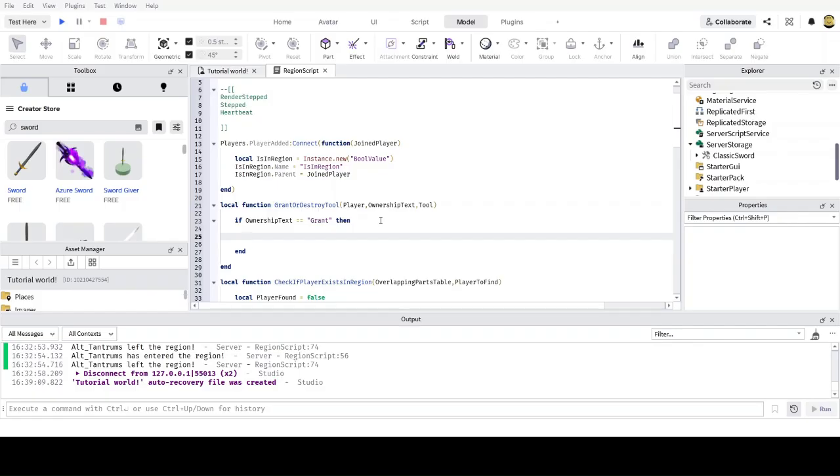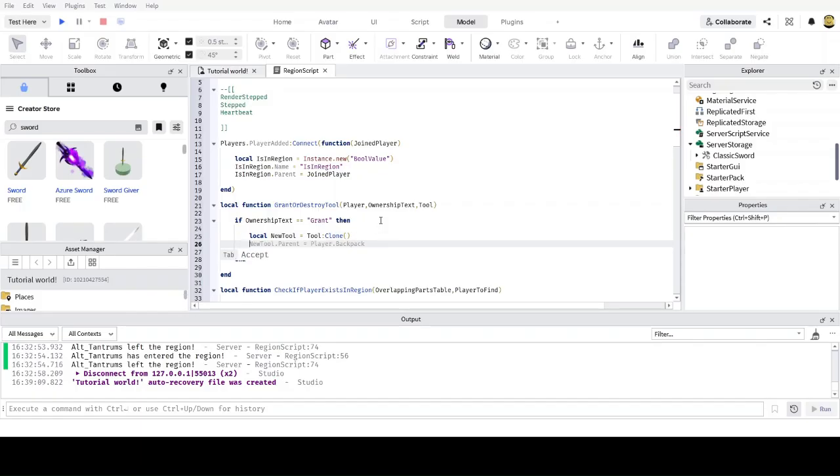You're first going to clone the tool by typing local newTool equals tool:Clone(). After cloning this tool, we're going to put it in the player's backpack by typing newTool.Parent